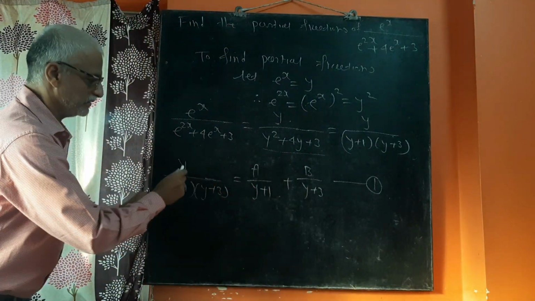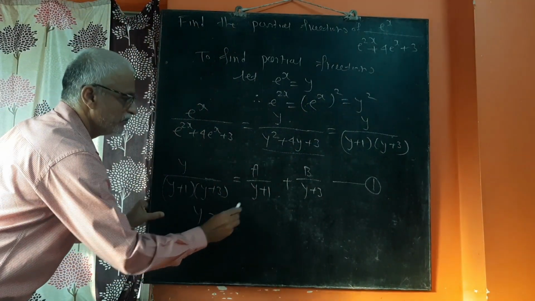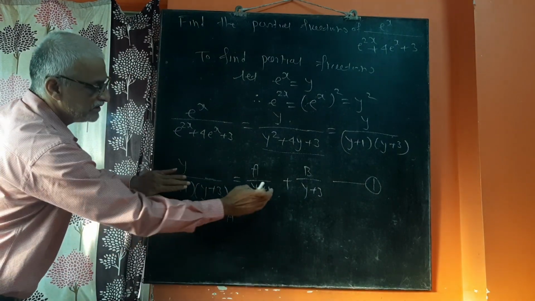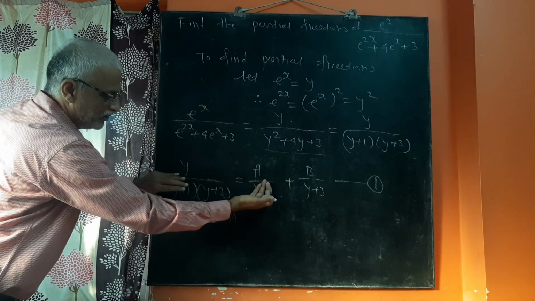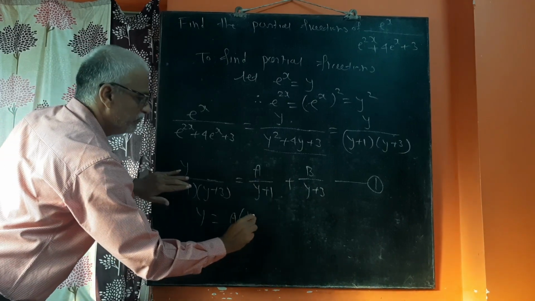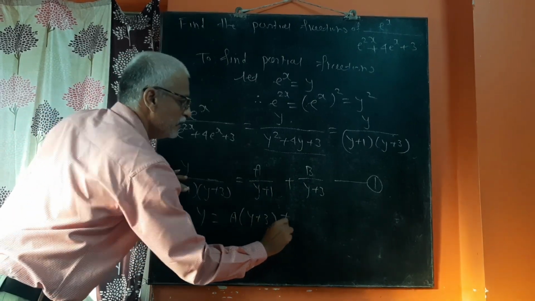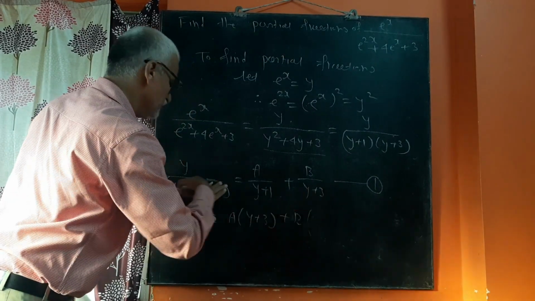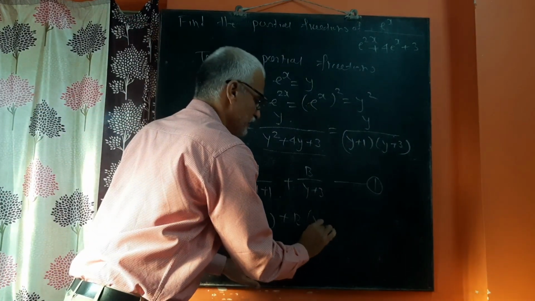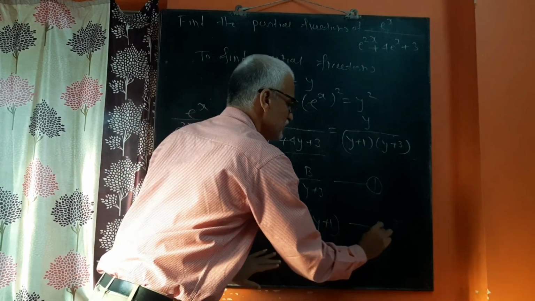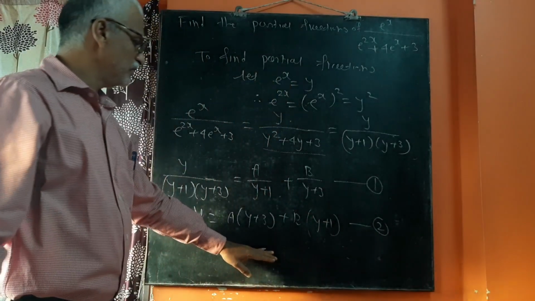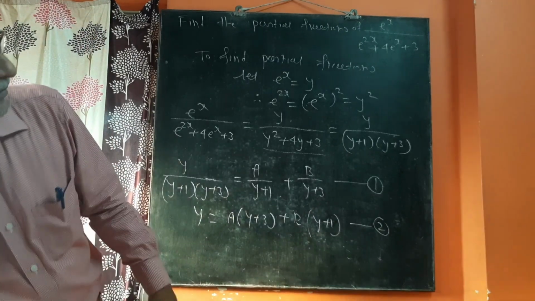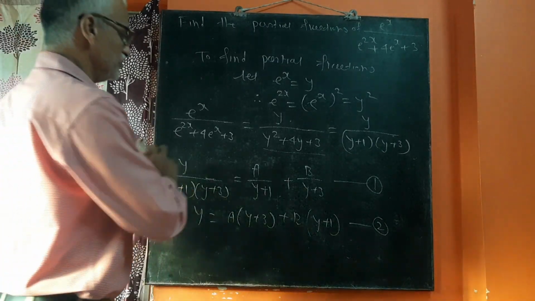Now cross multiplication. We get y is equal to a into (y plus 1) gets cancelled, this and this get cancelled. If you cross multiply, a's factor cancels, so it will be y plus 3, plus b into (y plus 3) gets cancelled, this goes there, so that is y plus 1. Let us call this equation number 2. Now we have to find the values of a and b by the substitution method. So our substitutions are